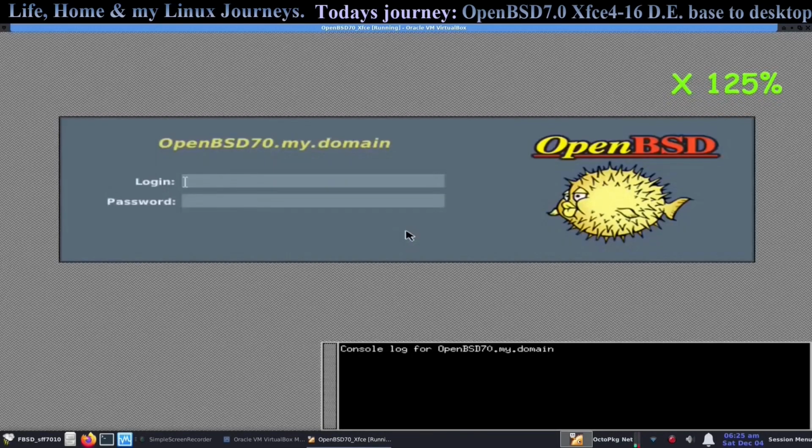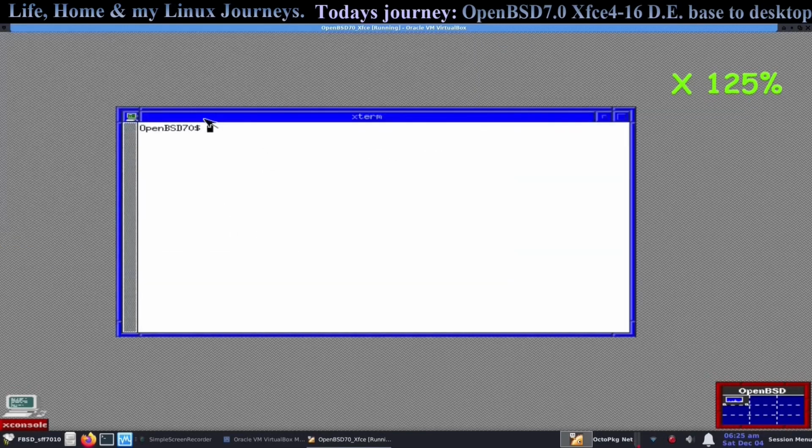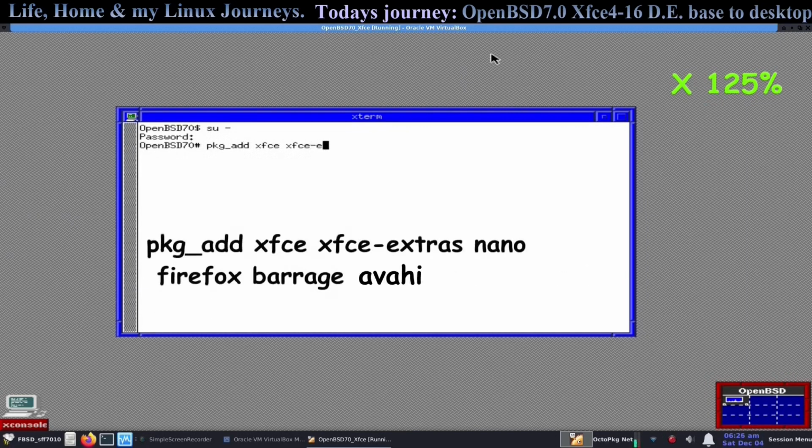All right, we're back in our xenodm. Sign in as my regular user. And we've already run syspatch. Well, we're going to sign in as root or super user. Give it our password. We're going to install the system now. So we're going to get xfce, xfce-extras. We're going to get nano, firefox, barrage, a small game, avahi,